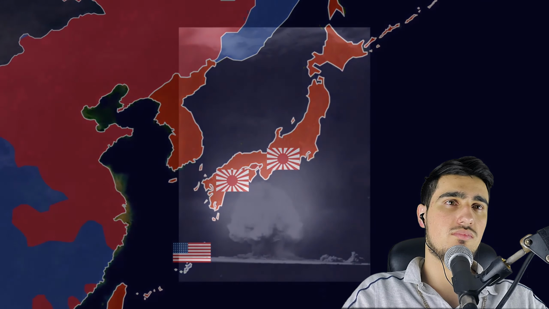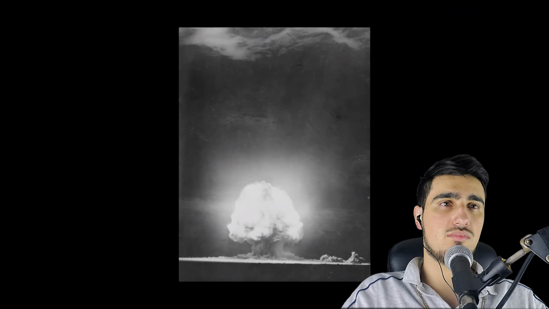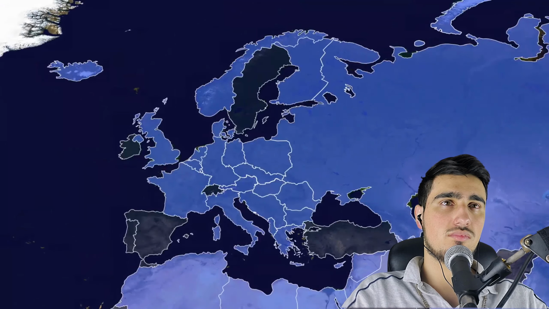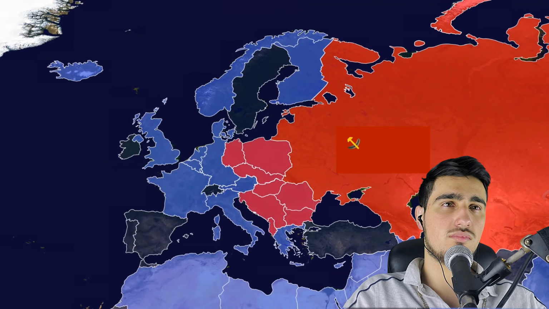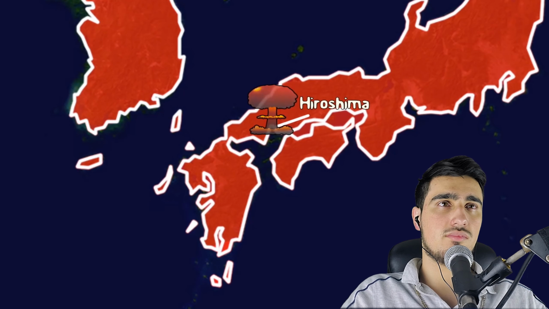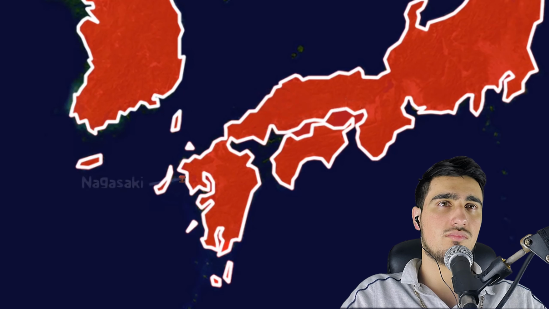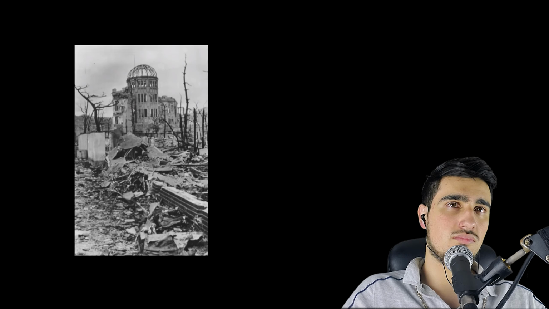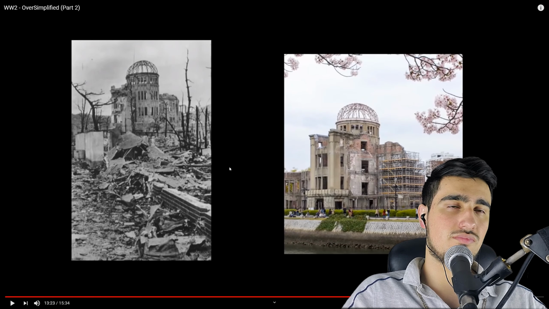In July, the first successful atomic bomb test took place in New Mexico, and the destructive weapon was ready for use. America and the UK were also seeing the Soviet Union not so much liberating as occupying its captured territories, and so they wanted to put on a show of force. On August 6th, the A-bomb fell on Hiroshima. Then, on the 9th, Nagasaki. The cities were reduced to rubble, and for the people living there, it was a terrible fate.